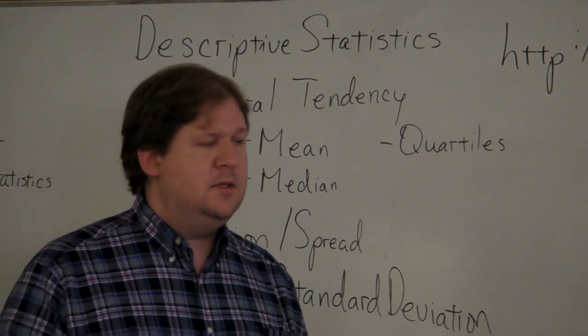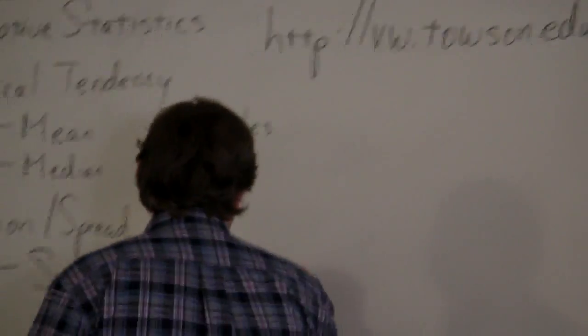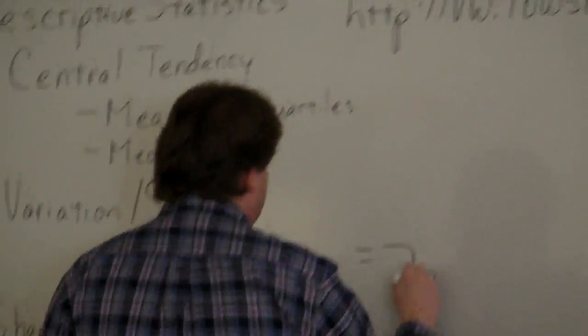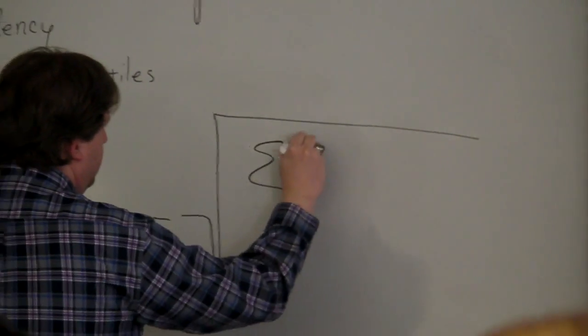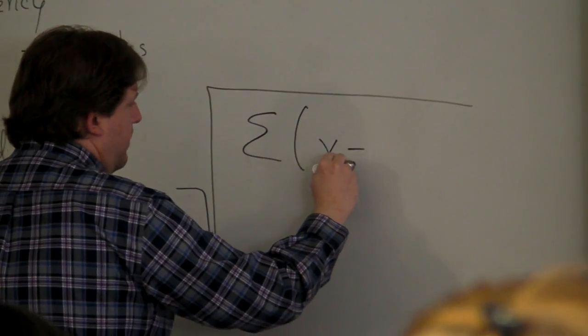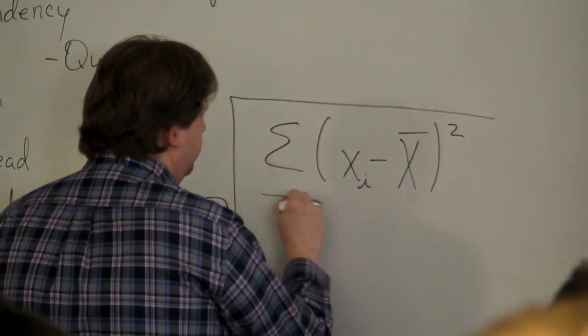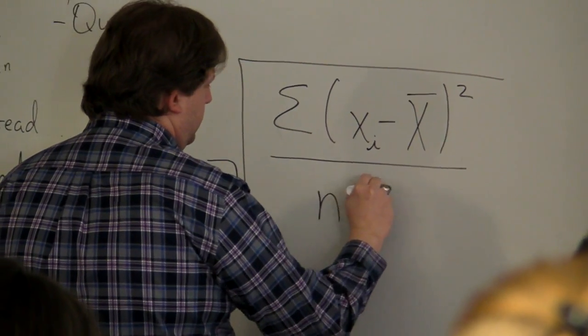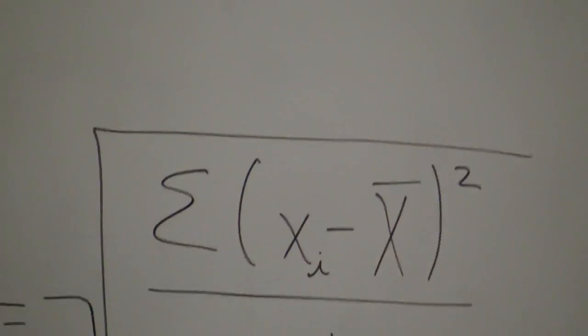It's asking, how packed around the mean is my data set? When I look at the values of my data set, how close are my observations to the mean itself? Now the formula for standard deviation is as follows. So I do want you to see this formula. Now the formula for standard deviation is the square root